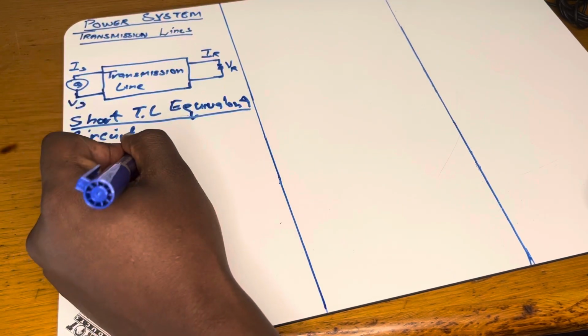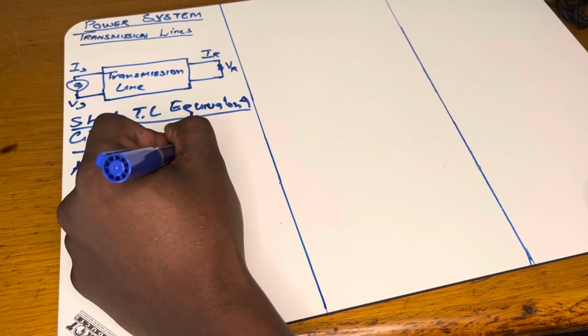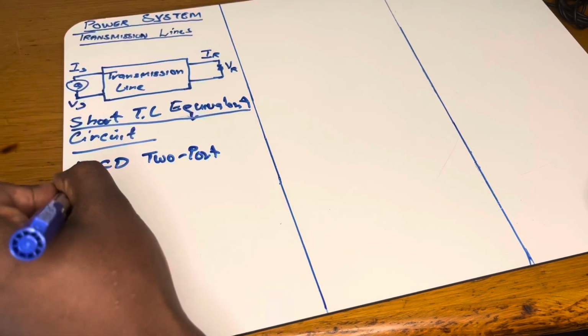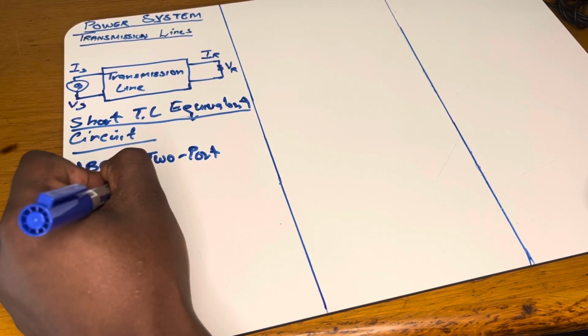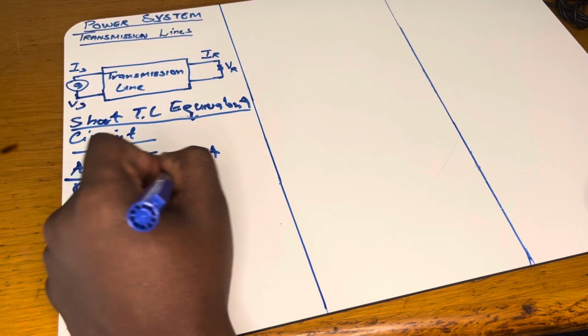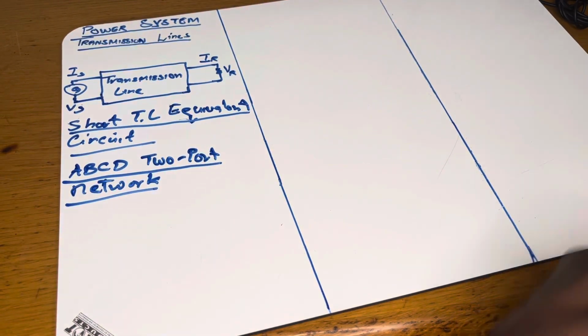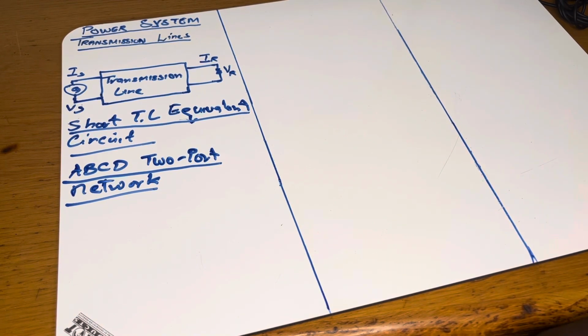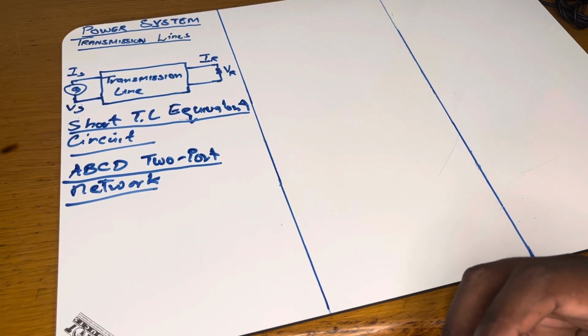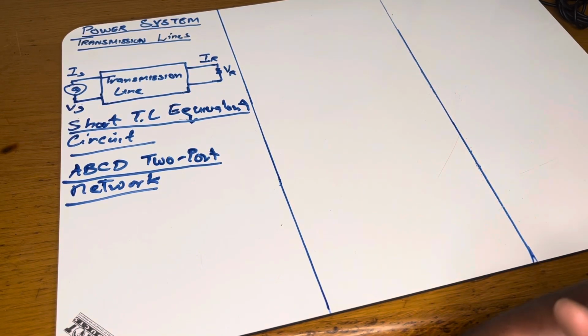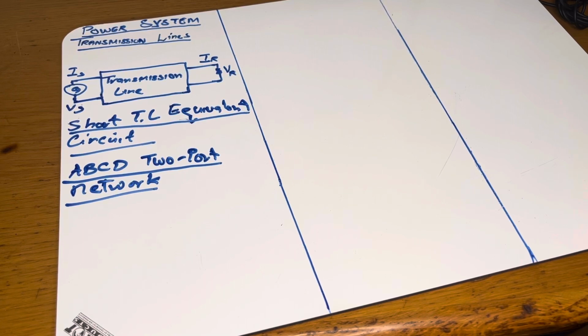What this does is write the equations of the equivalent circuit in a matrix form using the constants ABCD. So from the equivalent circuit, that's where we're going to abstract the equations and write them in a matrix